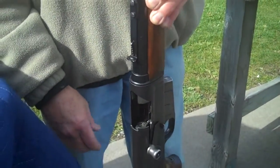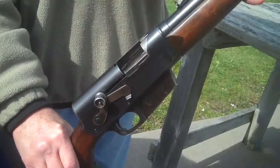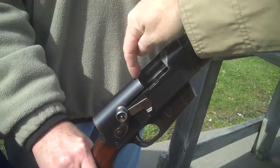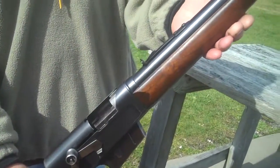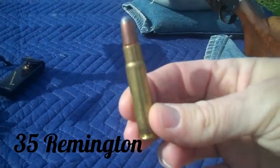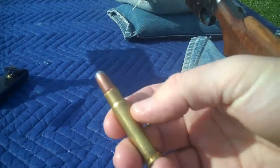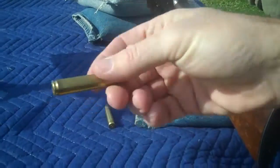Is that an internal magazine? Yes, it's fixed. You've got to load it through the top. In the day, they also supplied it with a feeder clip, which would go in these slots here to push down 5 cartridges. What caliber is it in? Remington developed these: the 25 Remington, the 30 Remington, 32 Remington, and 35, all rimless, so that they could cycle